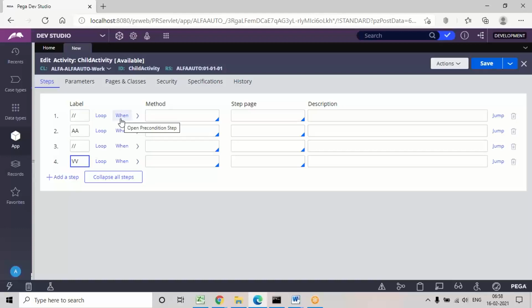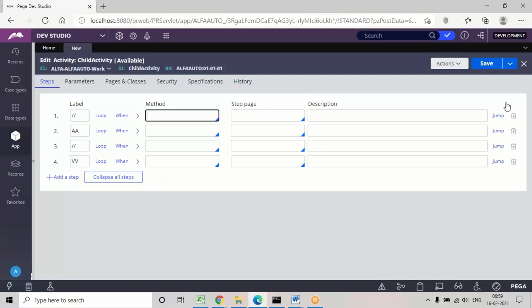And the when condition, this is actually called the precondition. At the end of the step you'll also get one more, that is also called the when condition, but it is the post condition. In every step, before the method and after the method, you'll have pre and post conditions. Pre means if the condition is satisfied, then only execute the method. And post means after the method execution, we can add some condition, and if the condition is satisfied, then only execute the next steps, or jump to some other step, or completely exit the activity.